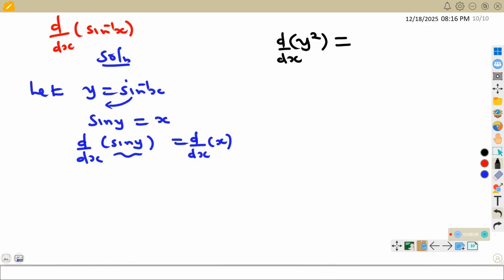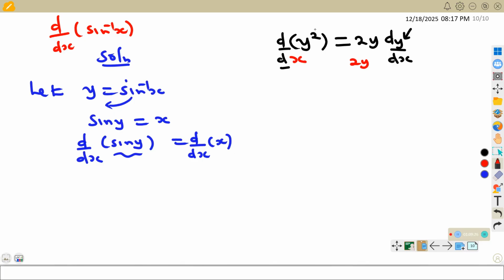You get 2y dy dx. What is that dy dx? That is very important. When you differentiate y squared with respect to another variable, you must show that you didn't differentiate y with respect to y. If you had differentiated y with respect to y, you would simply get 2y. But because you are differentiating it with another variable,